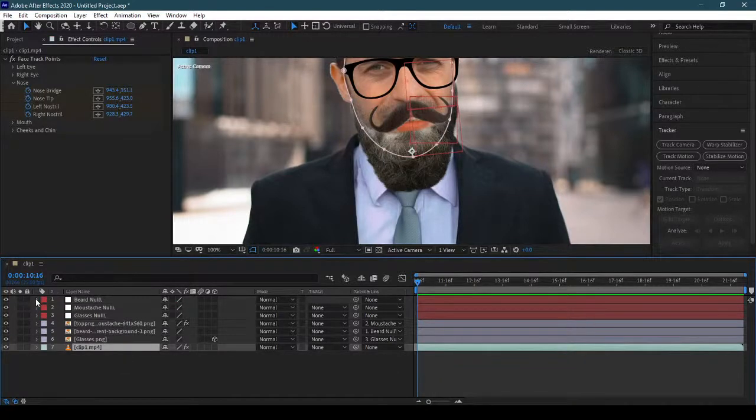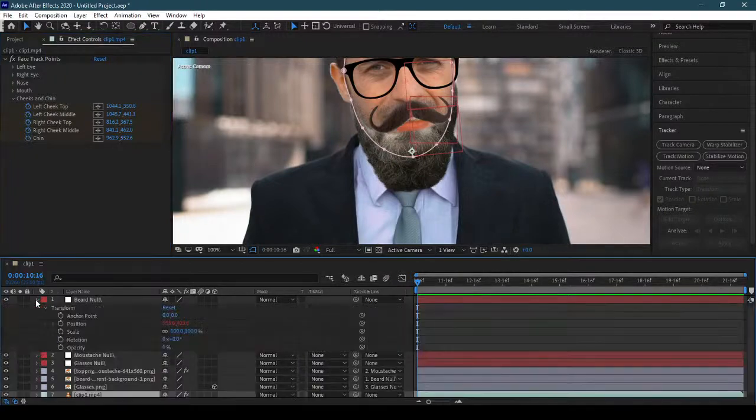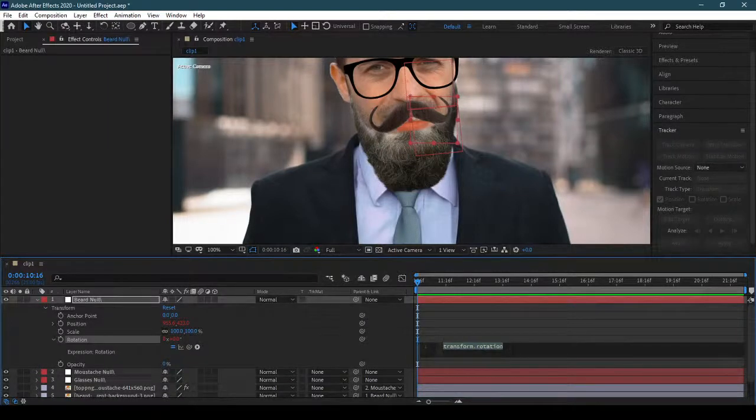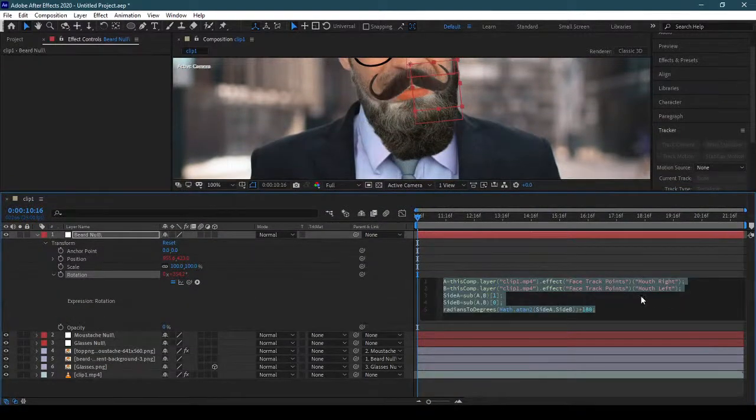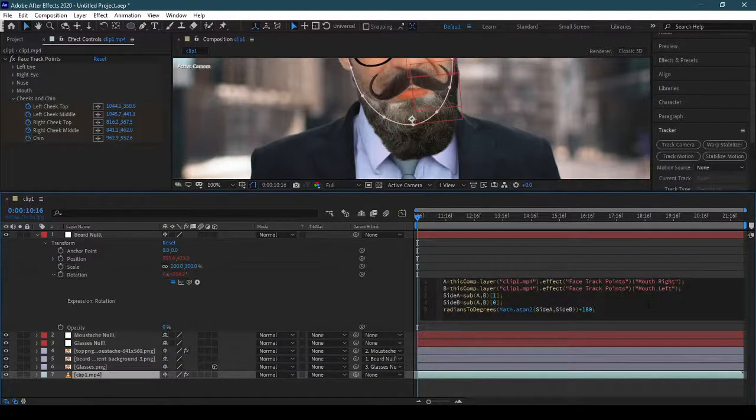Now, before doing this, what I will do here is that I will just go back to my cheeks part just to see what is the name of those. Okay. And here, Alt, click on rotation. So everything is fine. Only the name that I want to change over here is right cheek middle,